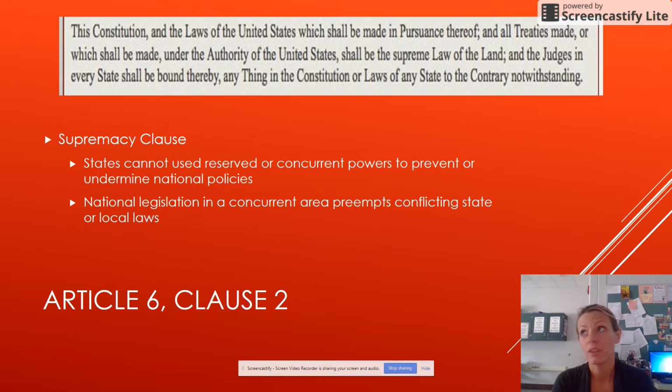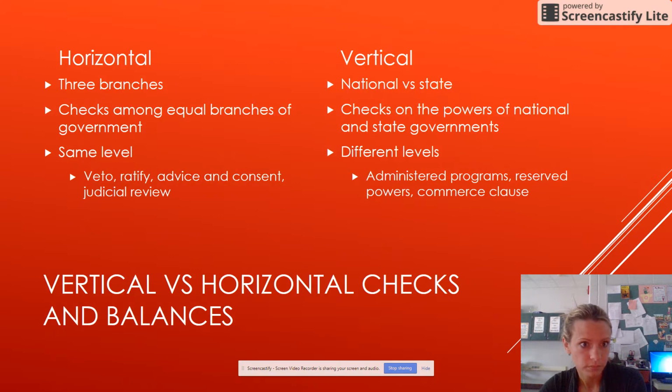So, going to marijuana. If you smoke a joint in Colorado because you bought it legally, are you breaking the law? Yes, 100%. You are breaking the law because of the Supremacy Clause. Both state and national government have police powers. They are both allowed to regulate drug use. National legislation in this area is going to preempt the state or local law. When national legislation says marijuana is illegal, marijuana is illegal. Whether you are in California, Nevada, Washington, Montana, wherever you are at, it is still illegal to smoke marijuana.